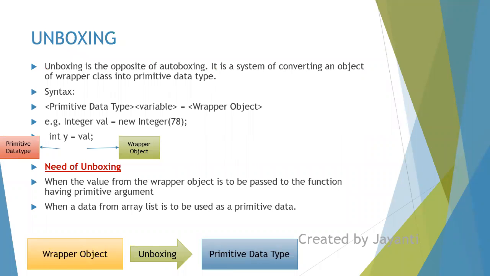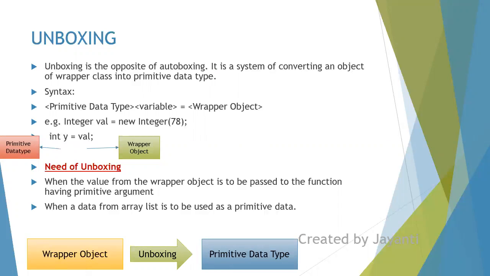Next is unboxing. Now unboxing will be the opposite of auto boxing. So again you are trying to convert an object into a primitive data type. So again the same thing. So Integer val equal to new Integer 78. तो यहाँ पे क्या था, 78 was getting converted to an object. आपको उल्टा करना है. So what will I be writing? So सोचो int y equal to val. So this I have to write directly. मतलब मैं object को directly I am trying to convert it into a primitive data type. So this is the syntax. int y equal to val. Okay. So again the same thing.